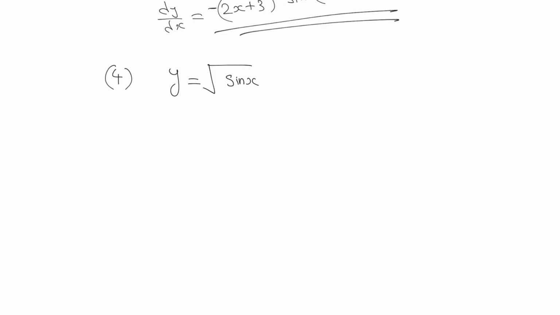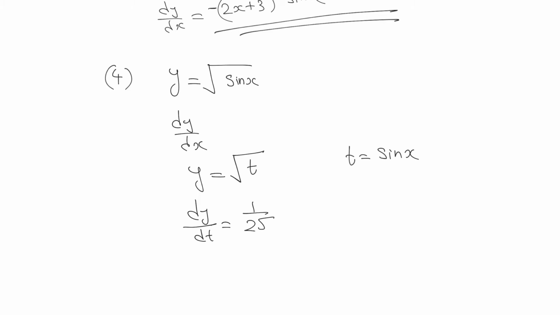We'll take one more example. If y is equal to root of sine x, our aim is to find the value of dy by dx. So we can write that root x is a function and sine x is a function. So sine x is our internal function inside our main function, root of x. So we can write y is equal to root t, where the value of t is equal to sine x. Now we can find the differentiation of y with respect to t, and the differentiation of root t is 1 by 2 root t, and the differentiation of t with respect to x, dt by dx, the differentiation of sine x, is cos x.